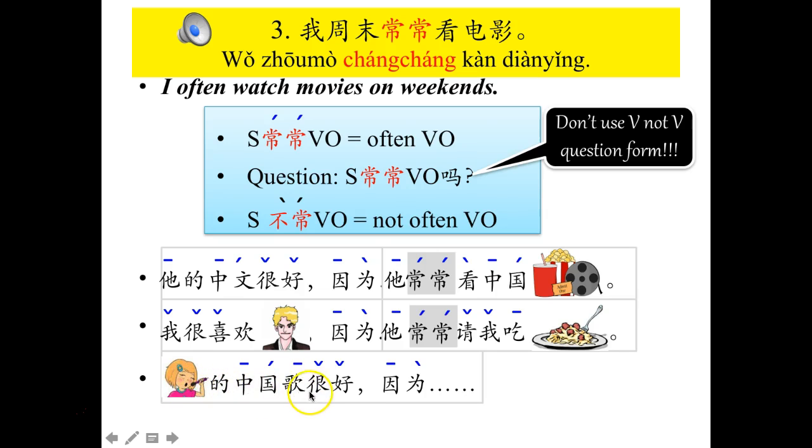他的中国歌很好。Her Chinese songs are good. 因为他唱中国歌。She sings Chinese songs? But how? Oh, 因为他常常唱中国歌。Why is her Chinese song good? 她的中国歌为什么很好？她的中国歌很好，因为她常常唱中国歌。